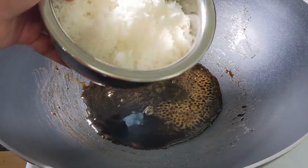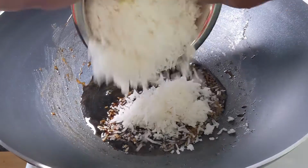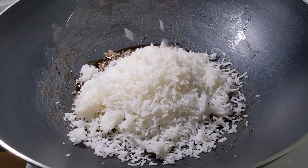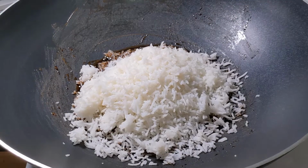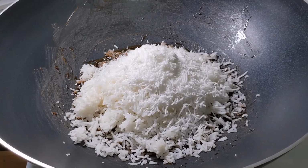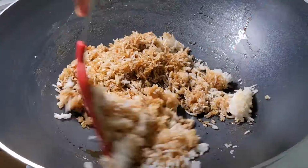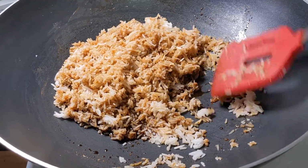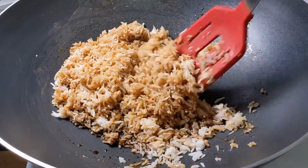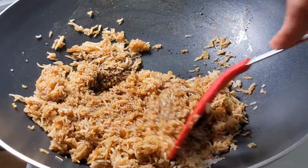And dear viewers, now we can add the rice as the jaggery is starting to boil. And with this, we can add the coconut as well. Coconut goes in, and now we shall give it a stir. And if there are lumps, just break them down and it should be good. So just continue mixing it